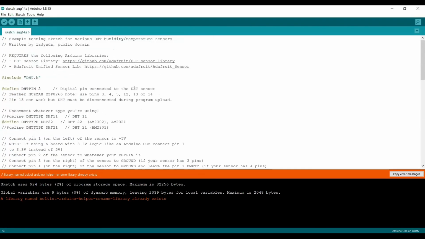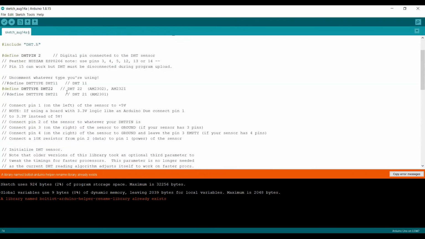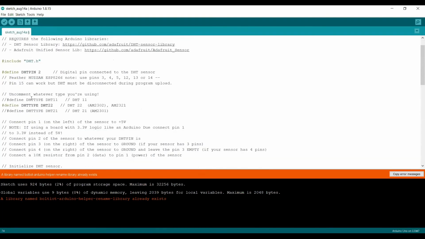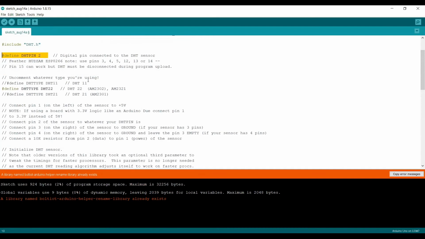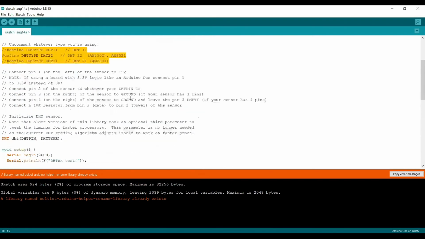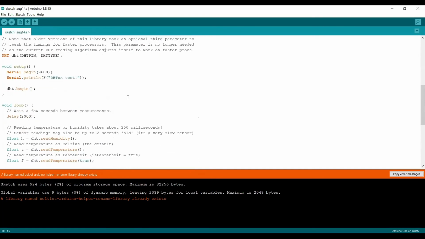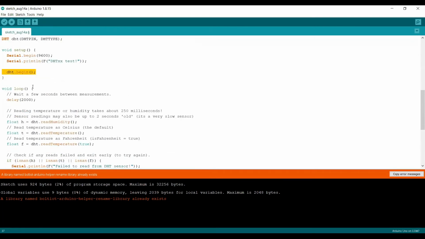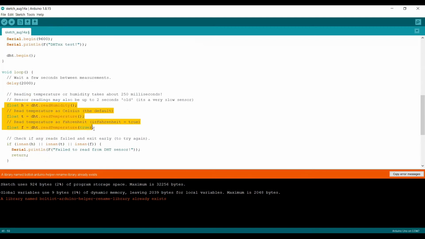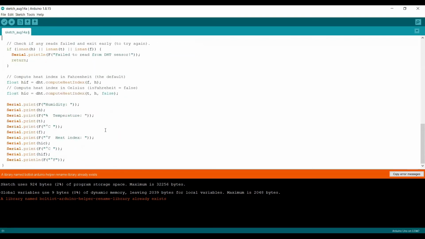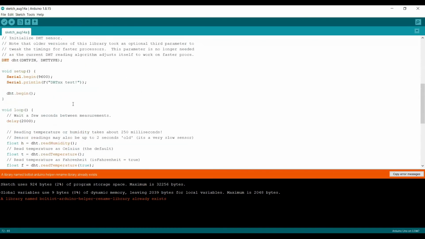Before proceeding with any sensor or project, keep a habit of visiting the documentation. In my case, I had visited the sample examples that they had given. When I looked into the code, I came to know that they had defined the library, and they had defined the pin where it is connected. They had defined the sensor. Then at the bottom, they had started the sensor, and then they are reading these values. Once they read these values, they are printing them. So I will do a similar thing.